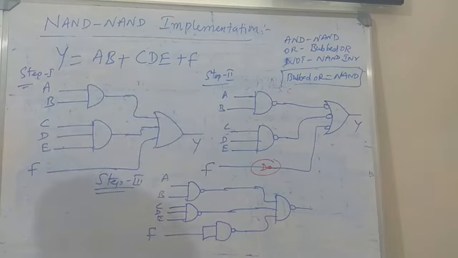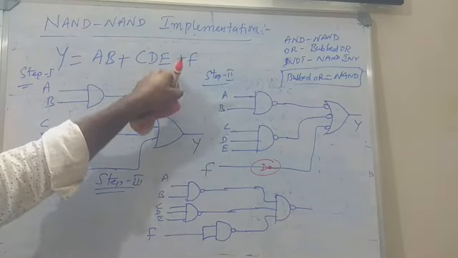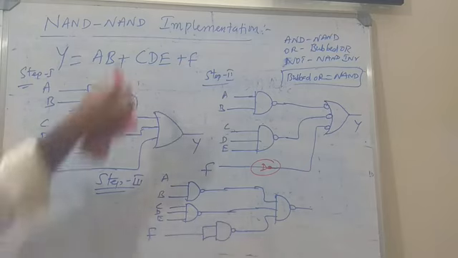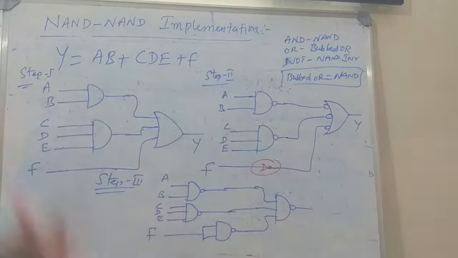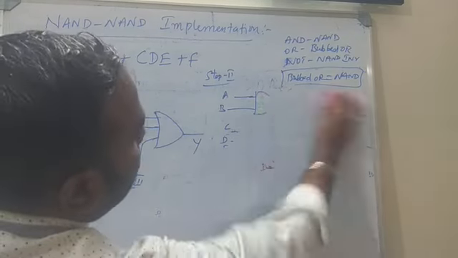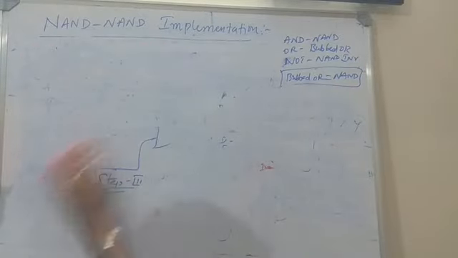Many competitive examinations are going to ask how many NAND gates are required for implementing the following logic function. So how many NAND gates here? 1, 2, 3, 4. So 4 NAND gates are required to design the final logical equation. Okay, this is one example, right? Now I am going to give another example, so that you can easily understand this. One more example I am going to give. This one is slightly different.